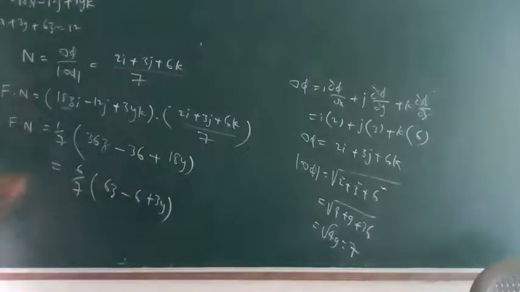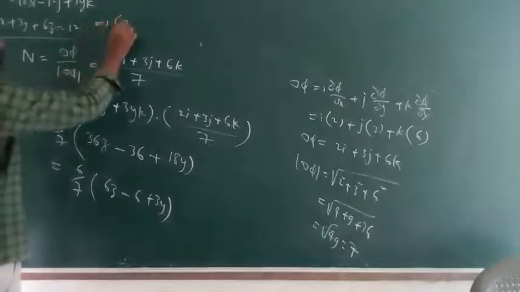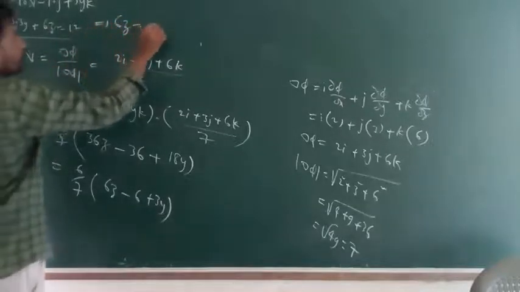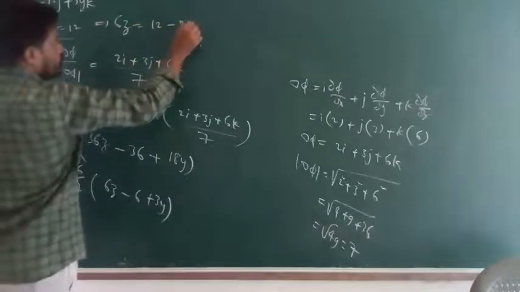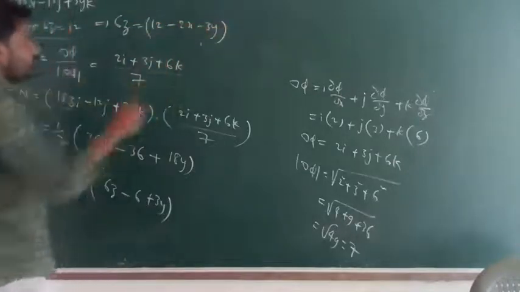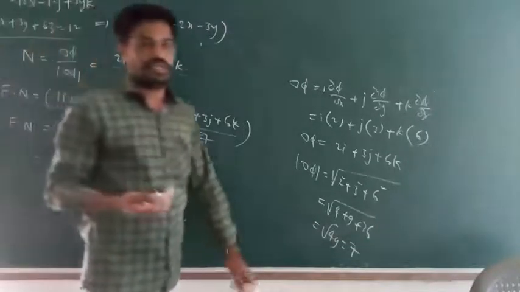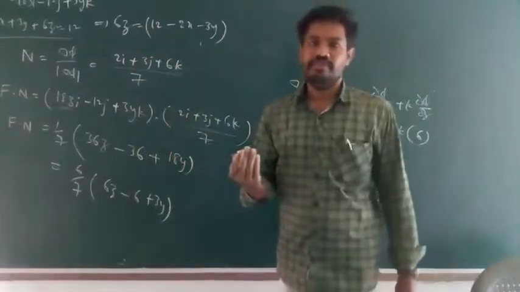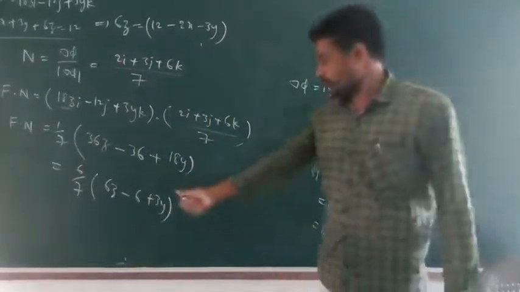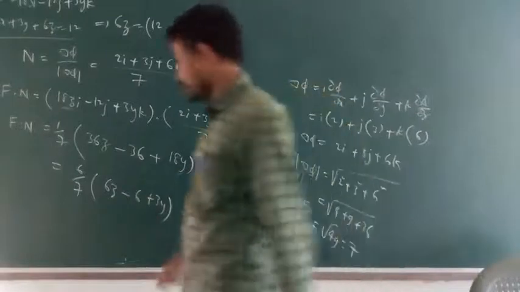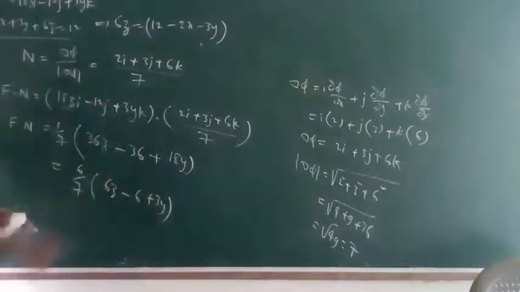So what does the process mean? In this, the plane condition is given: 2x plus 3y plus 6z equals 12. You can isolate 6z, so 6z is equal to 12 minus 2x minus 3y. You can substitute in this place, because integration is very important. In this question I am selecting integration with respect to x and y, and x and y limits, not z limits. So I am not taking z values. The total term changes to xy terms.